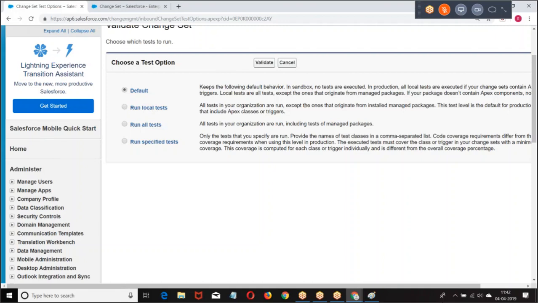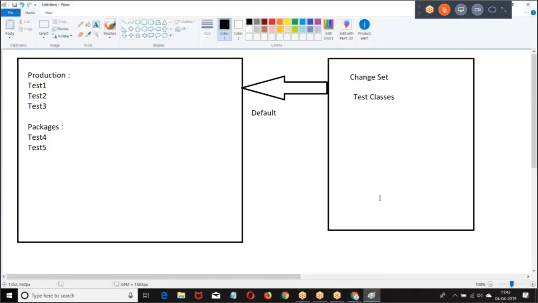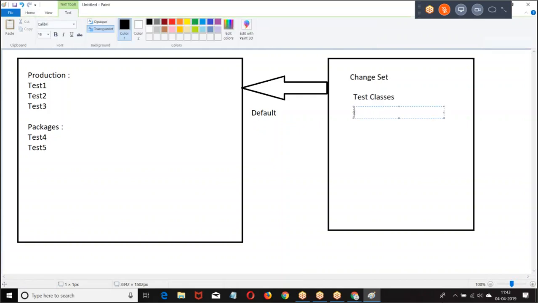If the change set contains any test classes, like ABC test, then the local test classes and the test classes in the change set will run.